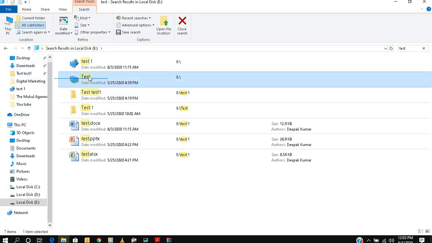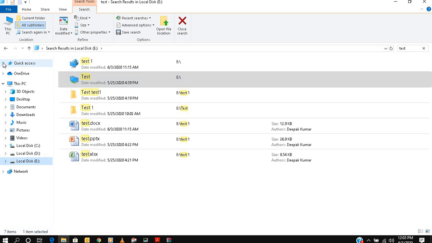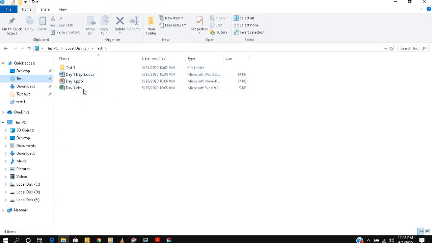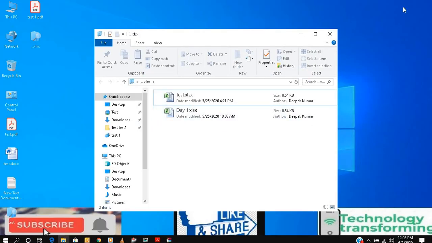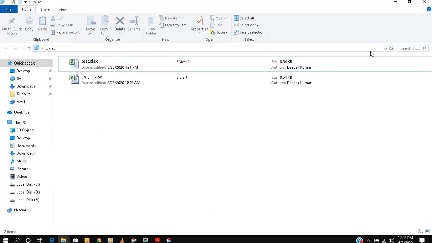So what we'll do, we'll just drag this here. This test. So you can just click here and you will see what is inside it. So this is one of the searches. You can make an advanced search. And what we saved here as XLS, once you click here, it will take you to the same page. So if you have something very important, you can use this, and then you will come up with only those important files and folders.